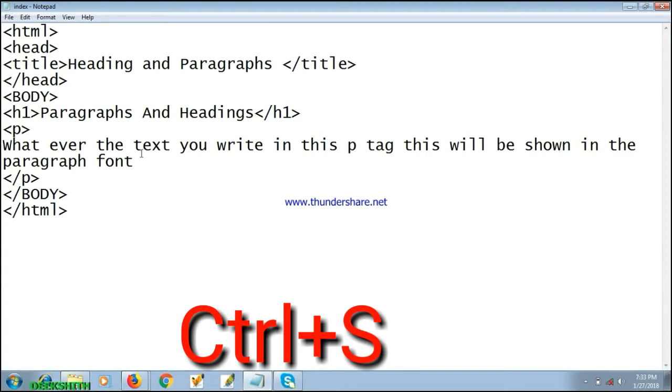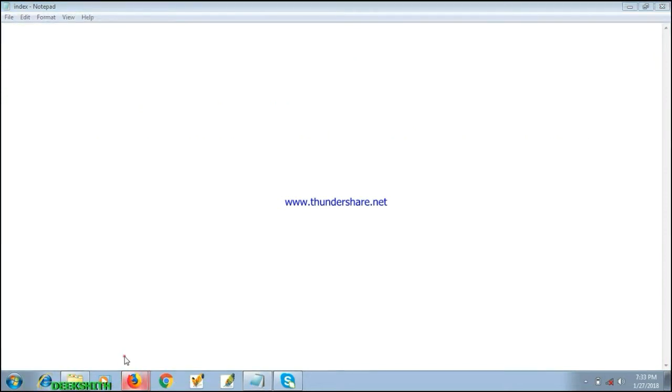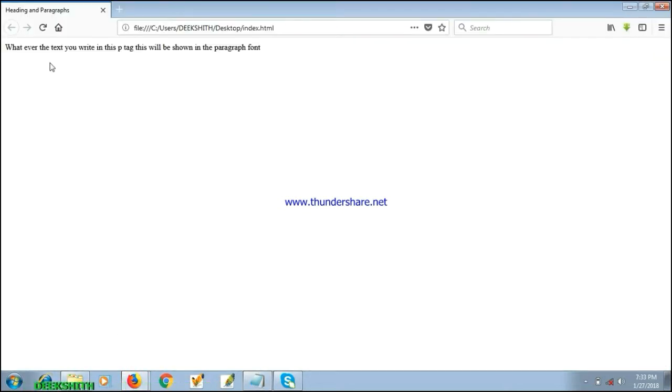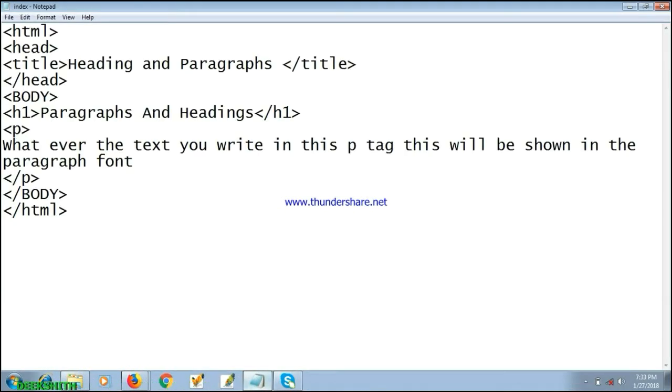After that, we'll use a shortcut key, that is Ctrl+S, to save our file. After doing so, we'll directly go on to the web page and we'll just refresh the page. The changes are appearing over here, and you will be able to see the heading, paragraphs and headings in maximum